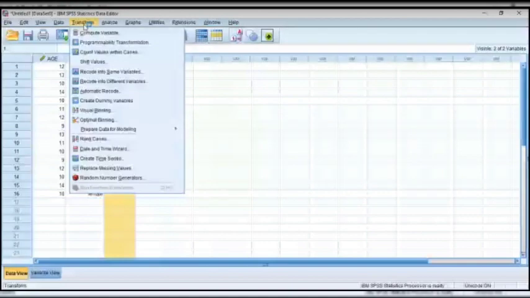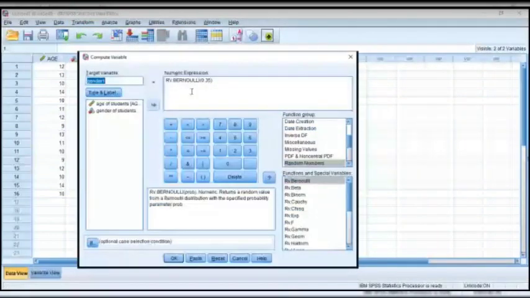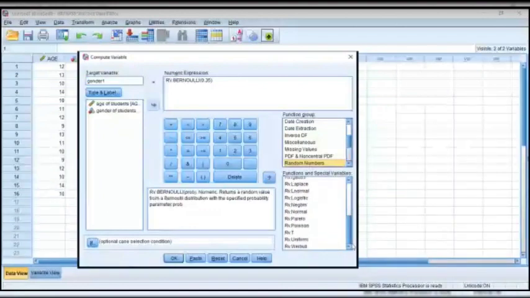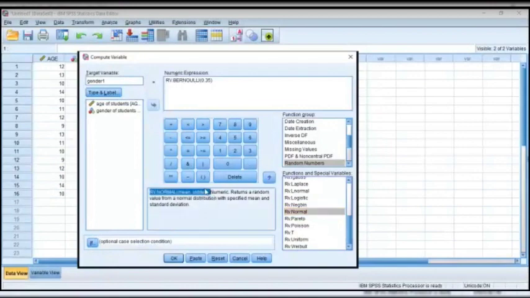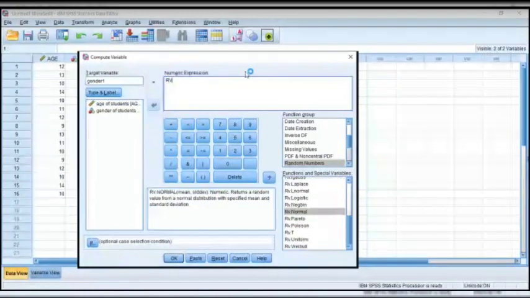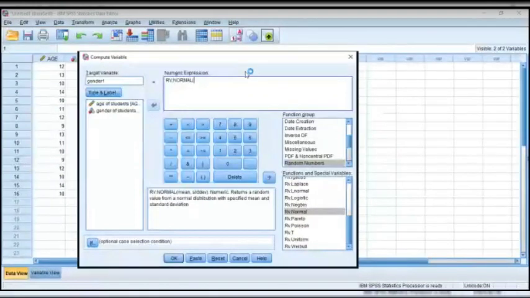Let's say we want to compute height, the height of these children, and of course random numbers. And height is following a normal distribution. We are going to be picking random rv.normal. And you can see the format down here. We are going to be using the format in this place, rv.normal. And now it's asking us for the mean and standard deviation of the variable that we want to compute.